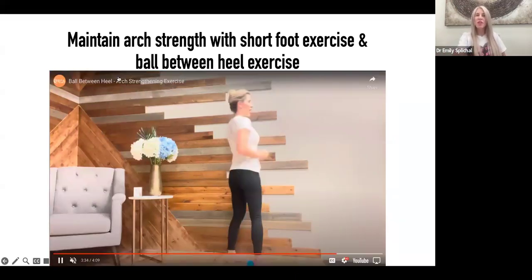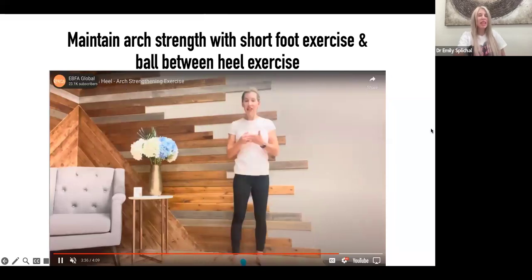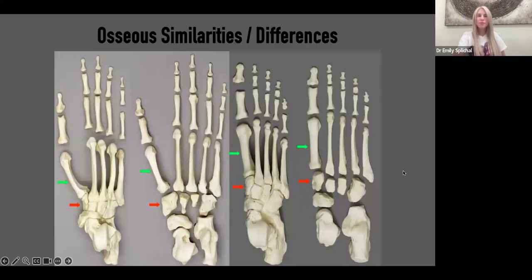Okay, and you can find this on YouTube. It's just the ball between heels exercise. Okay, now